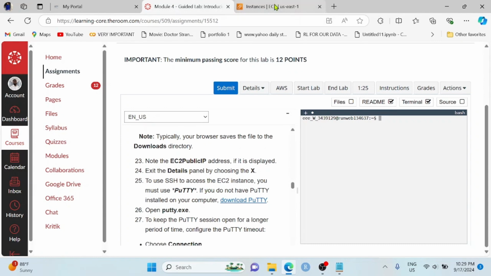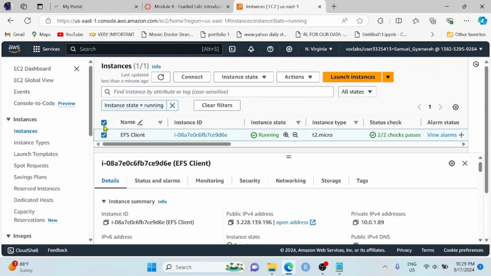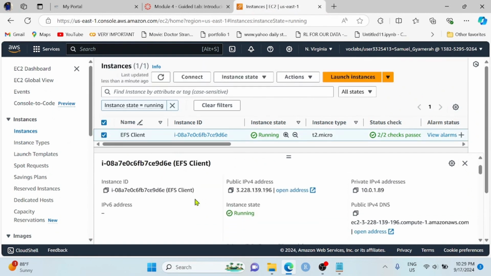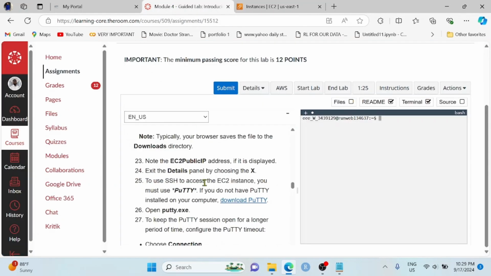Okay. Let's open it and then select this one, and we can see that we have our public IP address here. Okay. This is what they are talking about. If it is displayed, then exit the details panel by choosing this X. Alright,